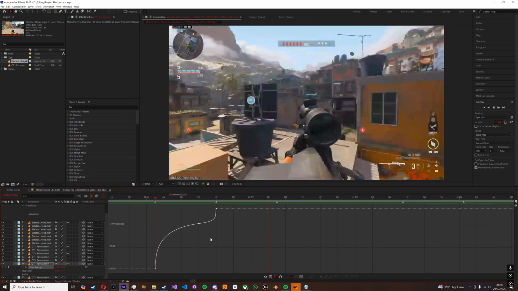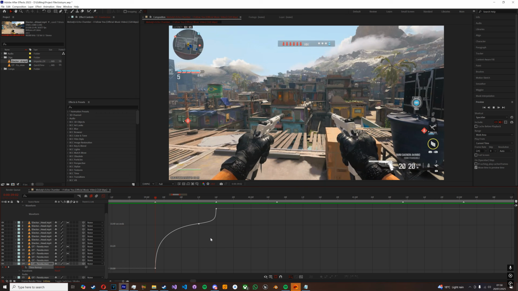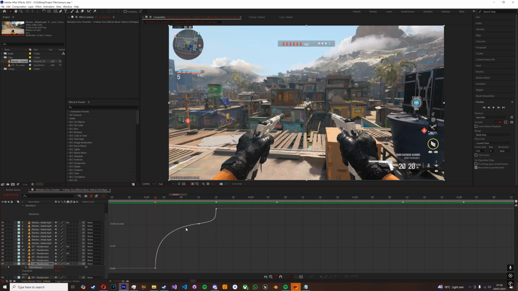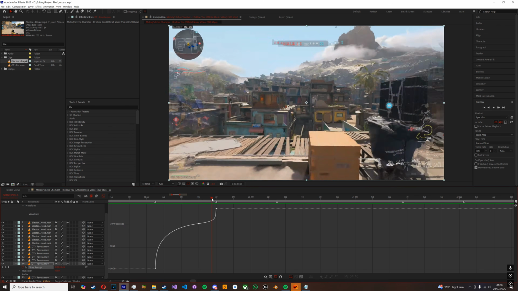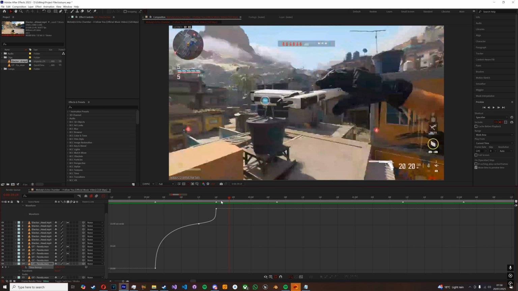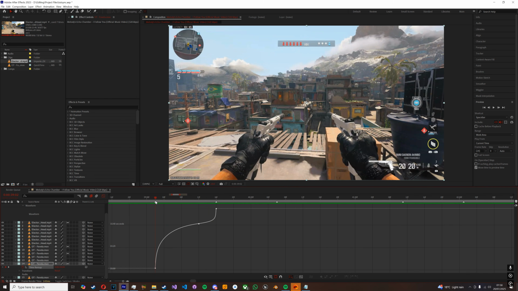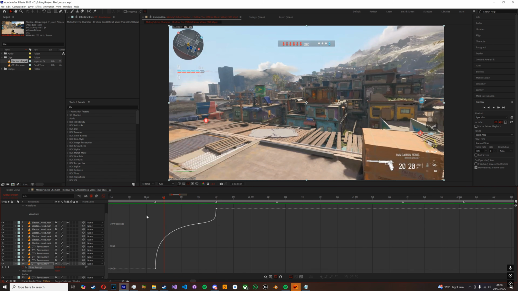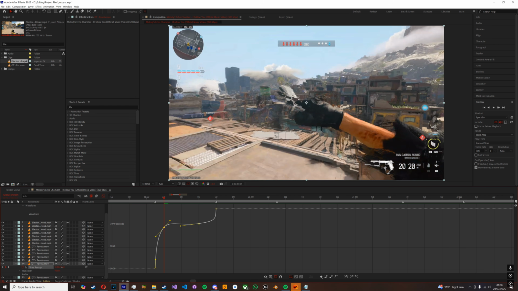So previewing it with frame blending on, it doesn't look the best, but that's why I said you could use Twixtor 8, and I'll get into that very soon. So now that looks pretty cool. You're showing off the animation of that part, but maybe you want it to be a bit more sudden. So I'm going to go 2 frames in front, and then I'm going to drag this up a bit more,